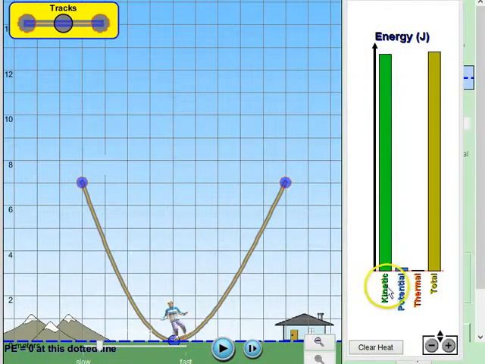What is this green thing? It's nothing but the kinetic energy. So this is trying to say that at the bottommost point, the skater has maximum kinetic energy. So clearly his kinetic energy is increased. It was 0 initially, and the total energy is the same, which makes sense according to the law of conservation of energy. Total energy does not change. So at the top of the ramp, the entire energy was potential. At the bottom of the ramp, it's completely kinetic. And during the course of motion, you saw that the bars changed. Yeah, the heights changed. And by the work energy theorem, this would make sense as well, because the change in kinetic energy should be equal to the total work done on the body.